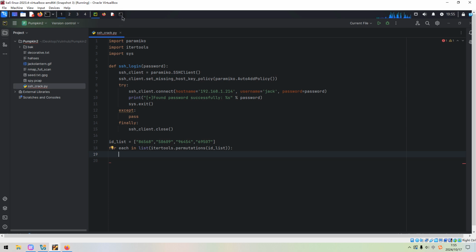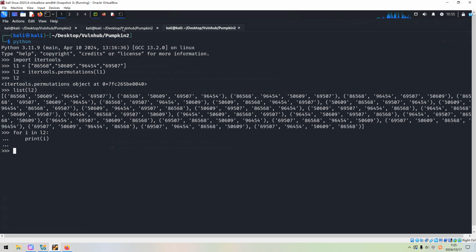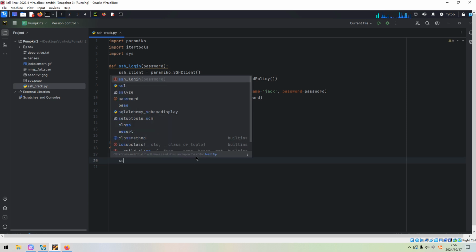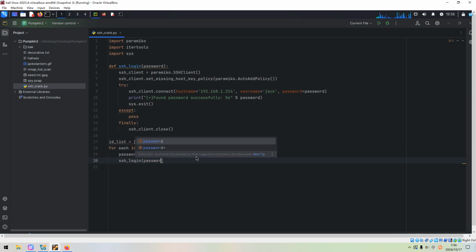And for each one, this would be a tuple. And so the password would be, we can use the join method to join each. And then we can call the function SSH login with the password. Okay, maybe we can print out something for debugging purposes.